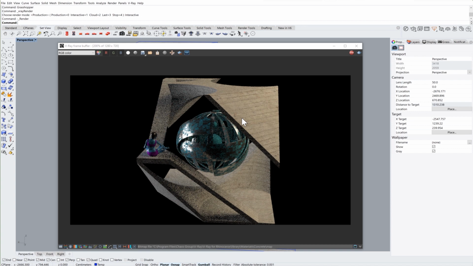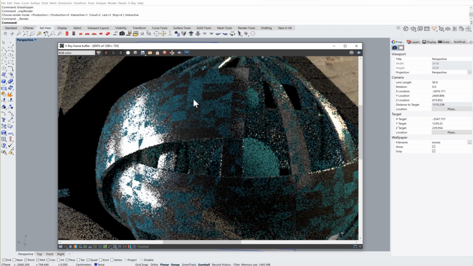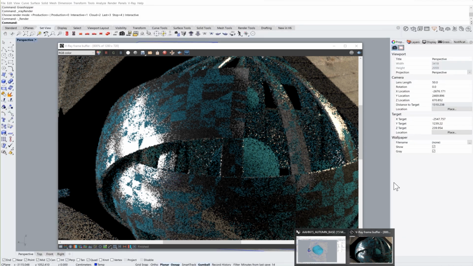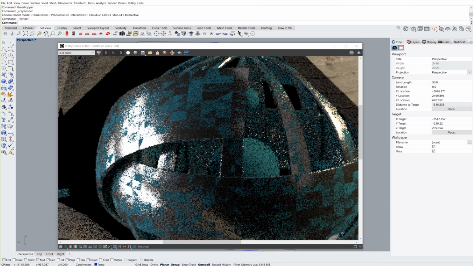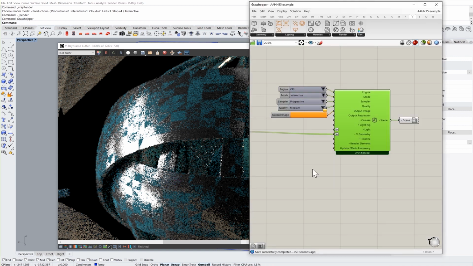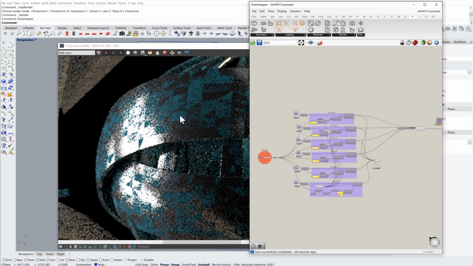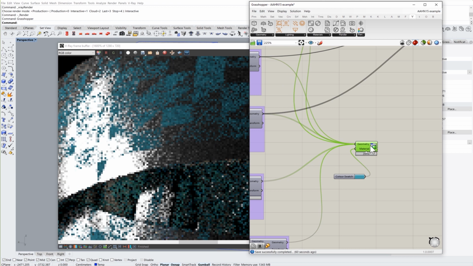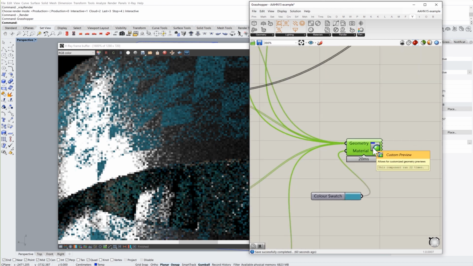Oh, okay. One important thing that I forgot. Notice how this is all messed up? Like the texture is all messed up here? Yeah, so it's messed up because it's also rendering out. Where is it? Hello? Grasshopper, come back to me. Grasshopper, please. Grasshopper. There we go. It's rendering out this messed up thing because this material preview, custom material preview, if I right